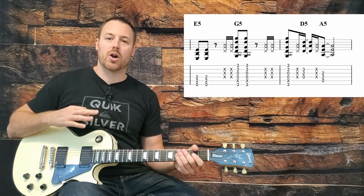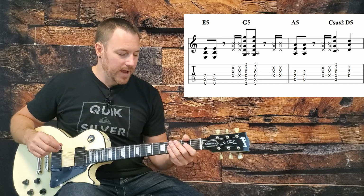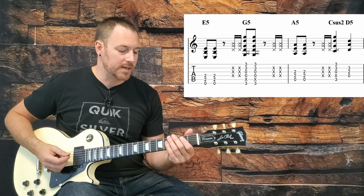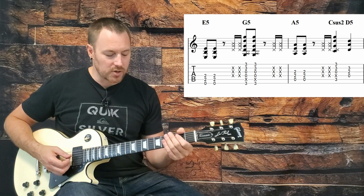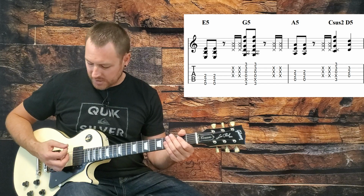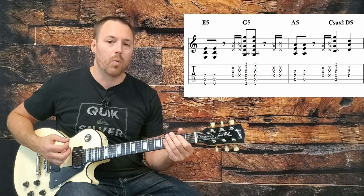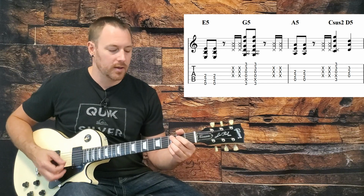Okay, now, it's the guitar in the left-hand channel that's adding a little bit more to that part, and that's the one that I performed. And the first thing that we're going to do is add a couple of chucks between, in front of the power chord stabs. So we start with our E power chord, and now lay your hands across the strings, and you might even want to just drop this hand and get a couple of chucks. You're just going to go down, up, and get your next power chords to the G, and then to the A. Okay, so it's a 1 and 2 and a 3 and 4 and a 1 and 2 and a